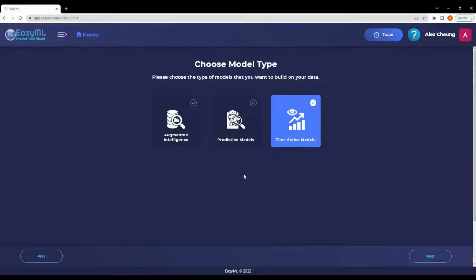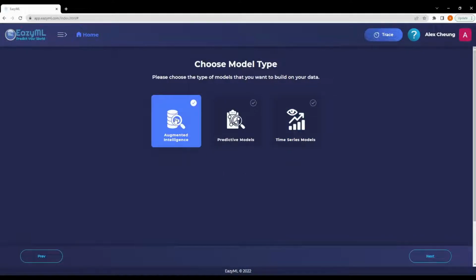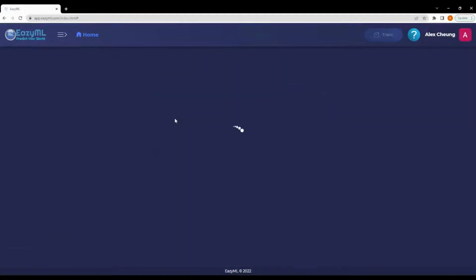We will be using the augmented intelligence models. They provide insight about value ranges for the variables that most likely result in a certain output. They can help us understand the reasons behind why an outcome label is what it is. In our case, this means that it will provide us the optimal aeration rate, agitator RPM, and so on to produce the maximum amount of penicillin. Let's select Augmented Intelligence as the model type.